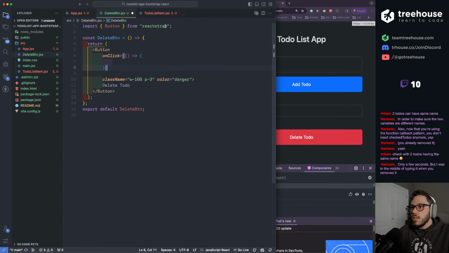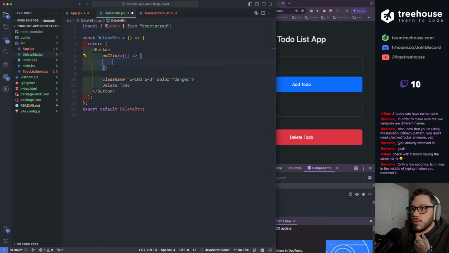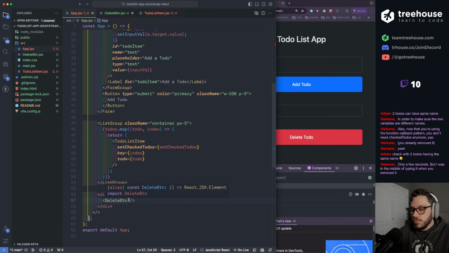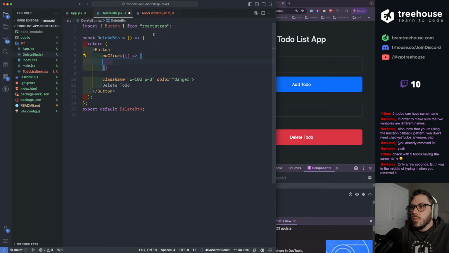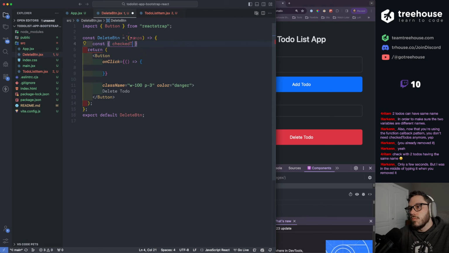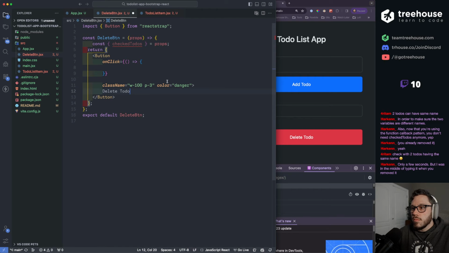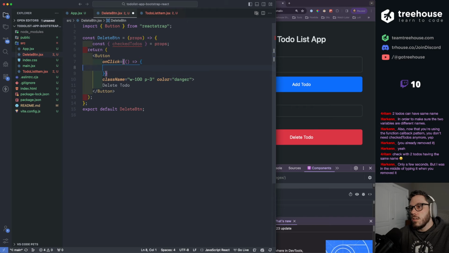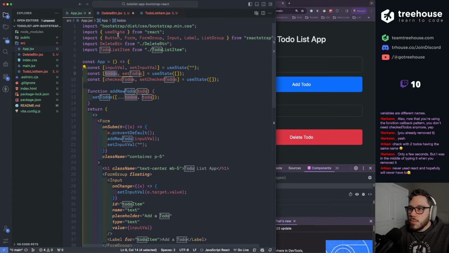Make this a little smaller. Okay, so on click, what do we want to do? Well, we want to take everything that's inside of the check to-dos. So we're going to need the check to-dos in this. Let's take that out of props. So on click, I'm also going to need the to-dos, I think, right? Like just straight up the to-dos.